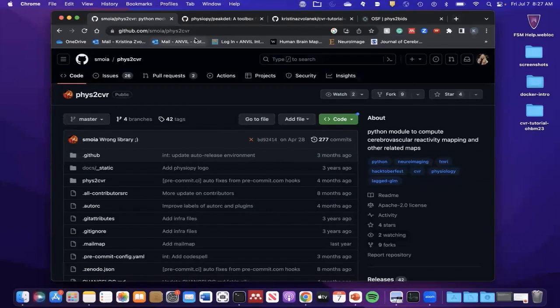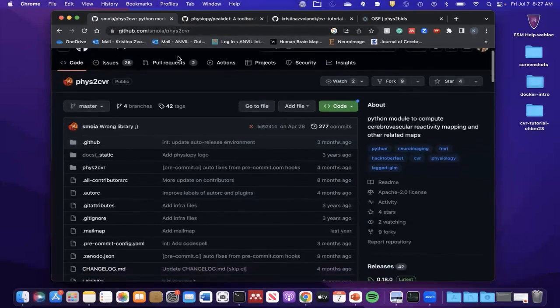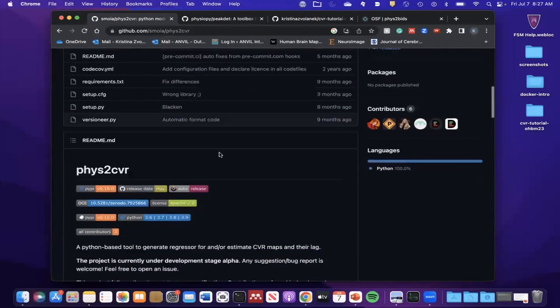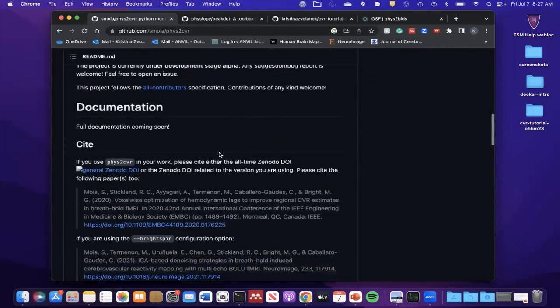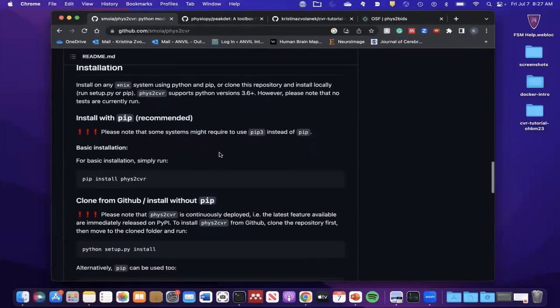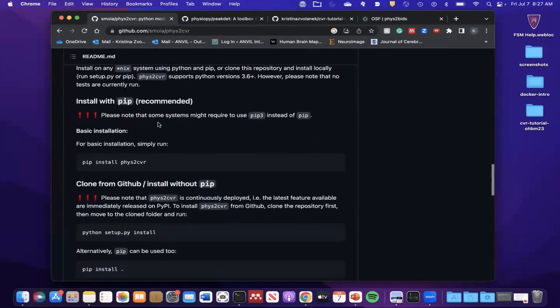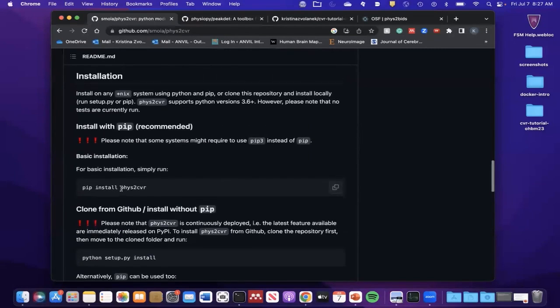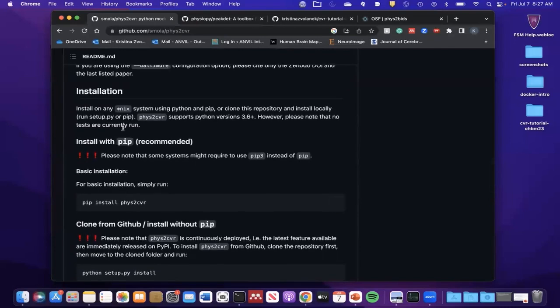So you should be able to just open a terminal window and use this command shown here to install Phys2CVR. I already have the version installed, so I won't actually execute this command, but it should be relatively quick to do this. Next,